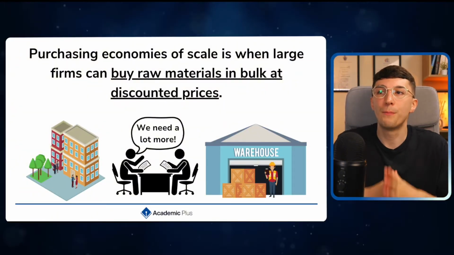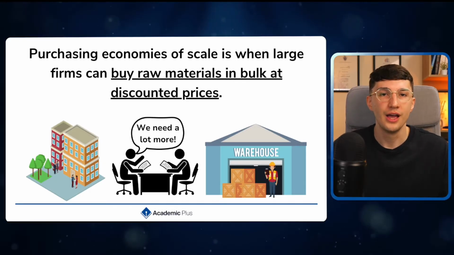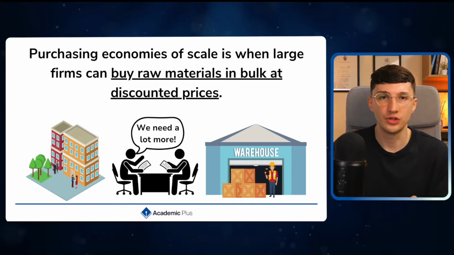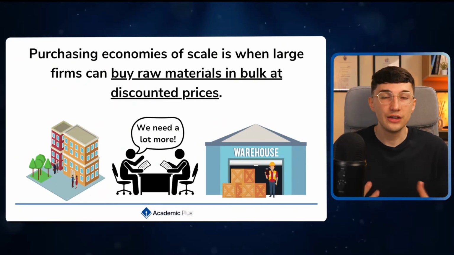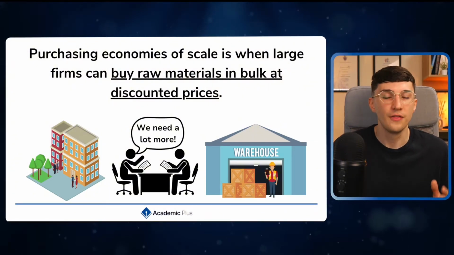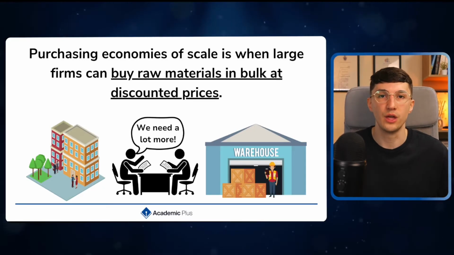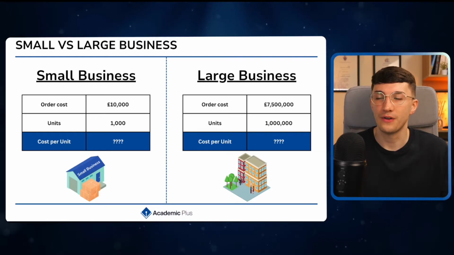Now, this is when you buy in bulk. You buy in larger quantities from your suppliers. If you are buying in larger quantities, you've got a bit more room for negotiation, so you're going to be asking for a lower price. They should start to give you a discount. So instead of selling a unit for £1, they may sell each individual unit for 80p because you're buying in bulk from them. Using this example here, a smaller business has put in an order of 1,000 units,